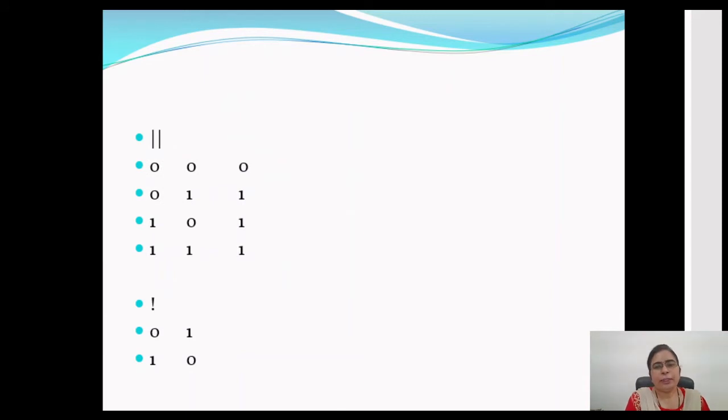Now, the second operator in the logical category is the OR operator. This is indicated with two parallel pipe symbols. The truth table for this is 0, 0 will produce 0, 0 and 1 will produce 1, 1 and 0 will produce 1, and 1 and 1 will produce 1. How can we summarize it?